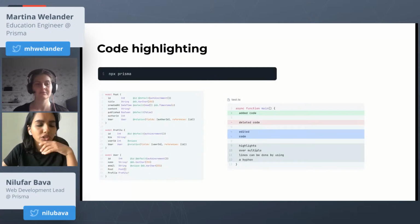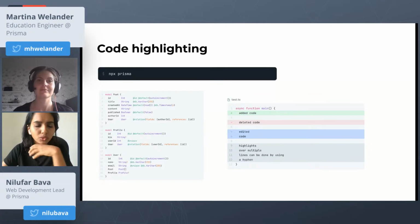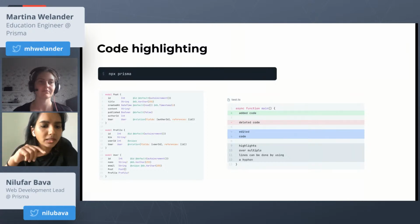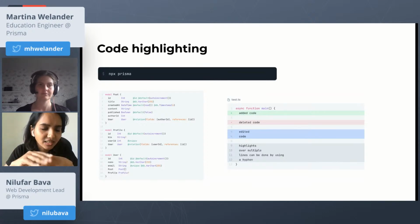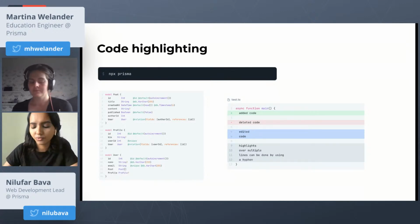Now, a very important topic which everyone wants to know about is code highlighting. So we have different sorts of code highlighting here. You can see examples of this in almost every doc page. We have normal code highlighting, and also highlighting of specific lines and line ranges. So you can see how code addition, deletion, and other sorts of editing are shown. We have different sorts of highlighting lines, and we have code for all this in